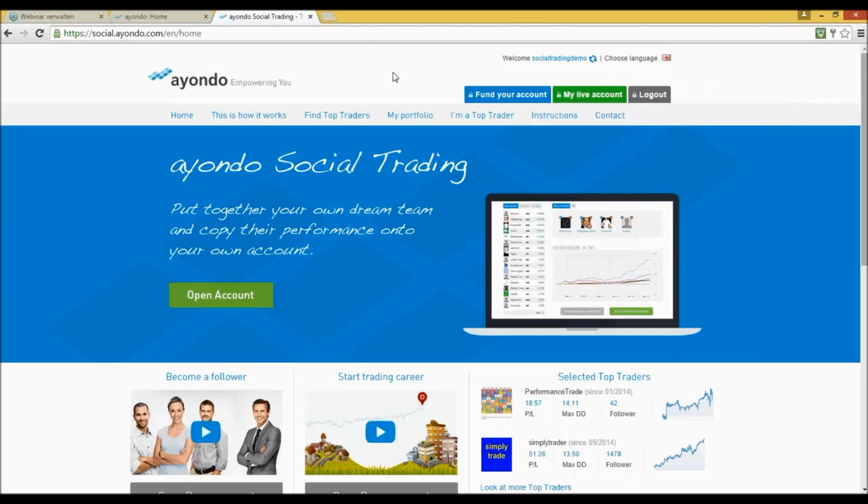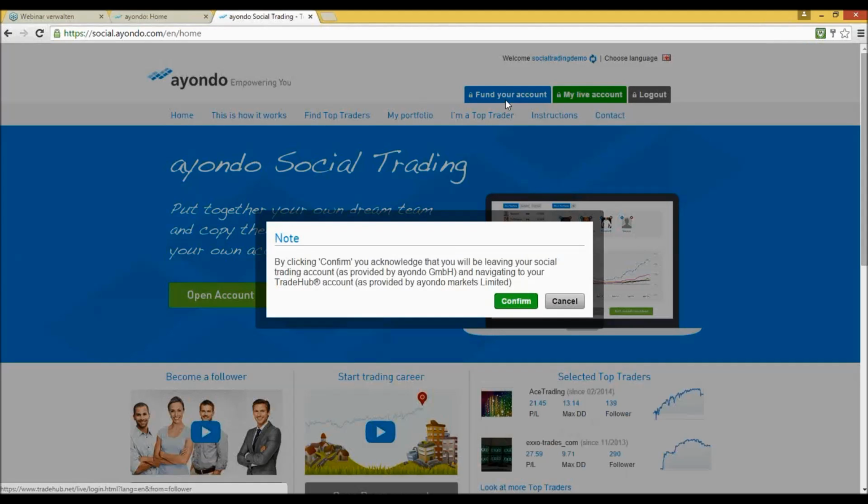But otherwise, this is the main platform that you will be looking at when you're trying to find top traders to follow and trying to set up your own portfolio of top traders. The most important thing now to do is obviously looking at funding your account. In order to do that, you need to just select fund your account here in blue. This will take you to an external website. You'll be prompted with a message that just asks you to confirm and acknowledge that you are leaving the social trading account. Once you click confirm,